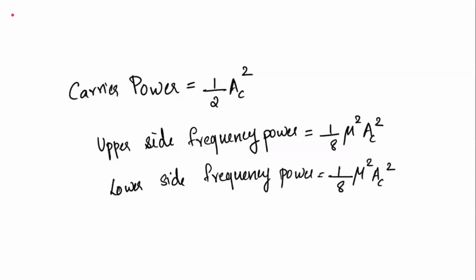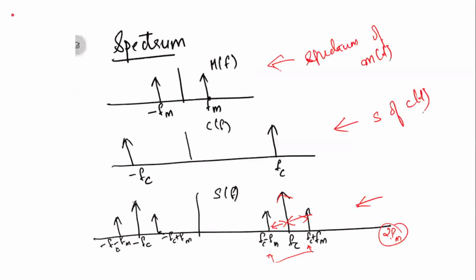Okay, so now, one more thing. This is for a single tone modulation. That means the message signal consists of only one frequency, which is FM. So if the signal is having a bandwidth...